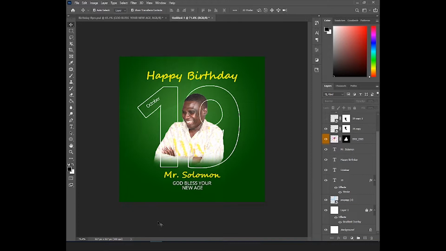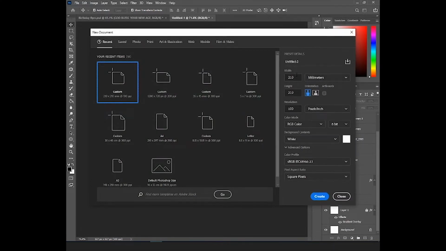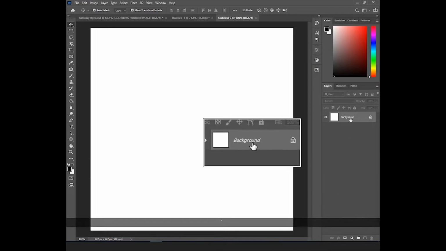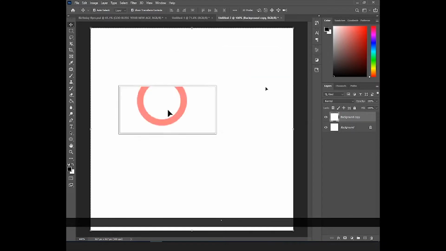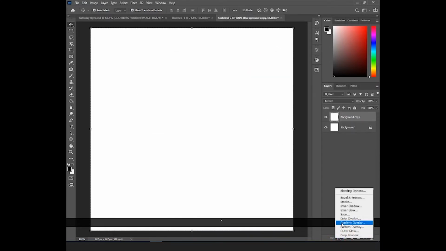So first of all, Ctrl+N to create a new document. So let's select 210 by 210 millimeters and click on create. A new canvas is going to open in Photoshop for us. Then I will start by duplicating the layer. So right click and duplicate layer, click on OK to accept changes, and I'll go to FX, and then I'll